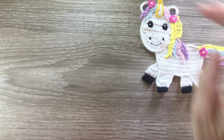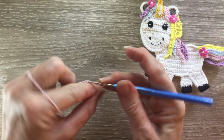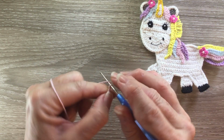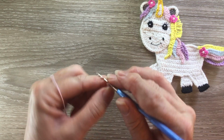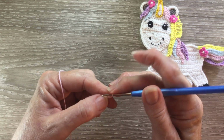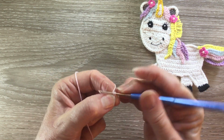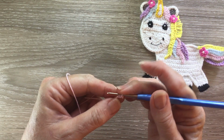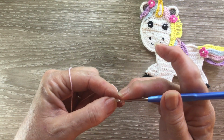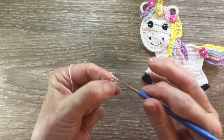Now I'm going to start on the side headpiece. So using my pink, I start with 8 chain. I miss the first stitch and work a slip stitch into the second stitch from the hook, and then work a joined single crochet over the following 2 stitches,